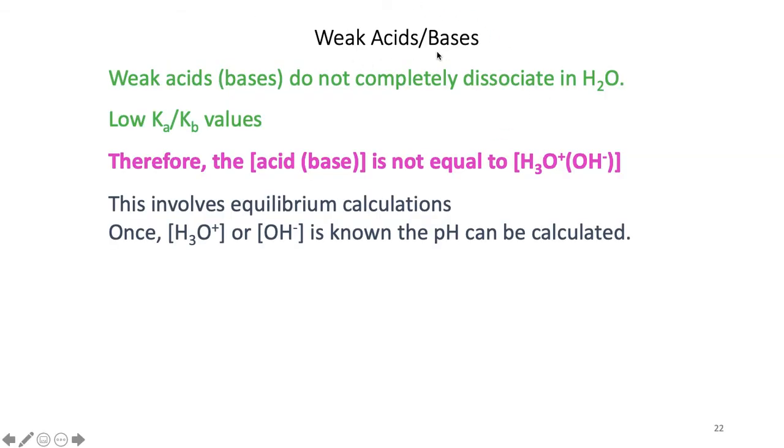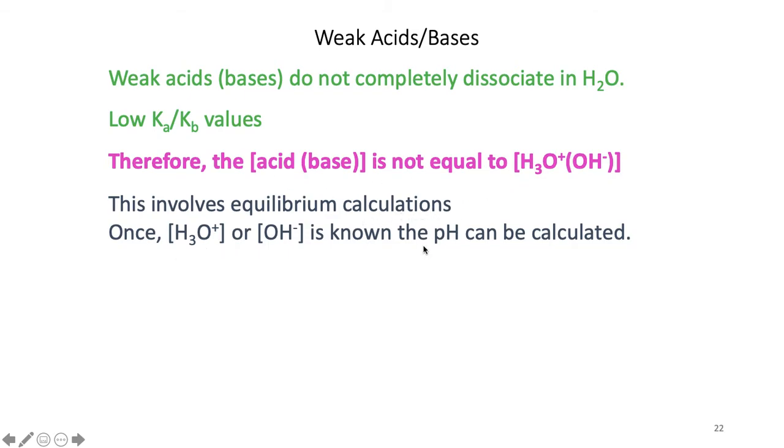for weak acids and weak bases. They do not completely dissociate in water. They have low Ka and Kb values. Therefore, the initial concentration of the acid or the base is not going to be equal to the concentration of H3O plus or OH minus. That's why we do percent ionization. For weak acids and bases, it's not going to be 100%. This will involve equilibrium calculations, and we are not going to really go into the harder type of equilibrium calculations. They can get pretty intricate, but